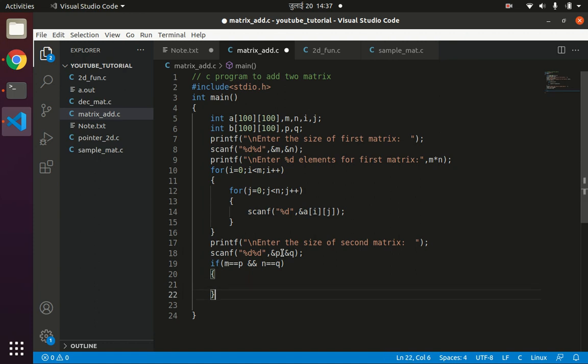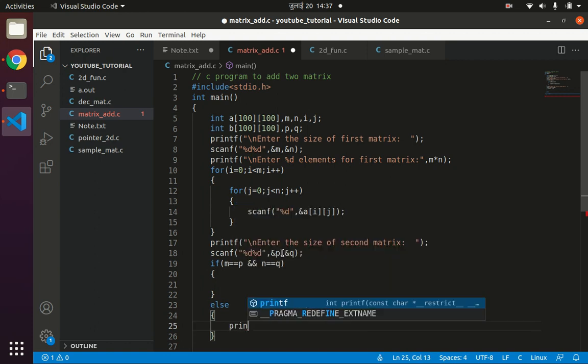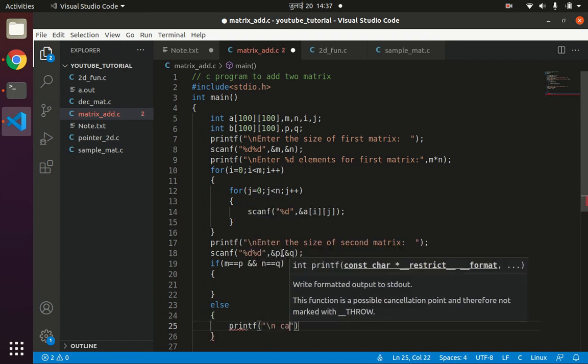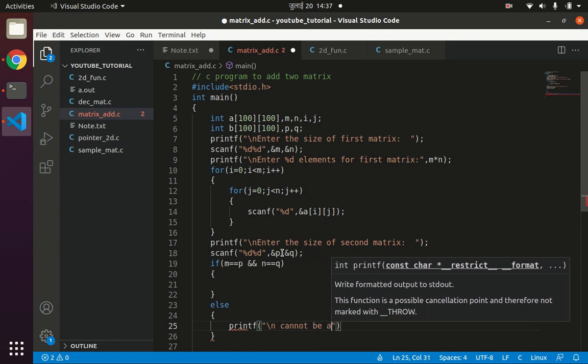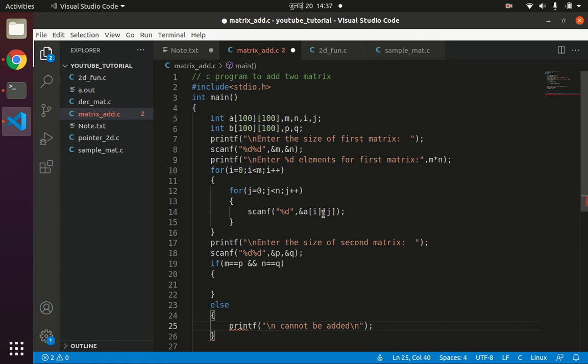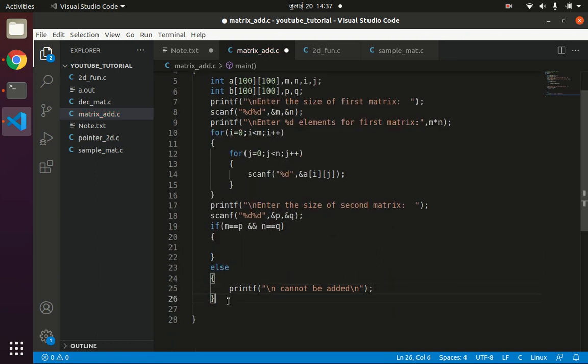In the else part we'll mention printf "cannot be added". And finally write return 0. Now in the if condition part, meaning if the condition is satisfied, we'll ask the user to enter the elements